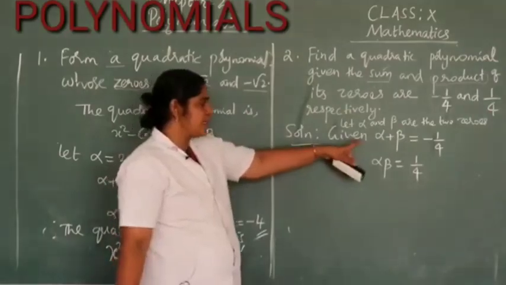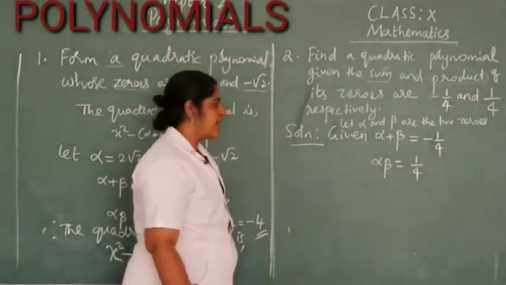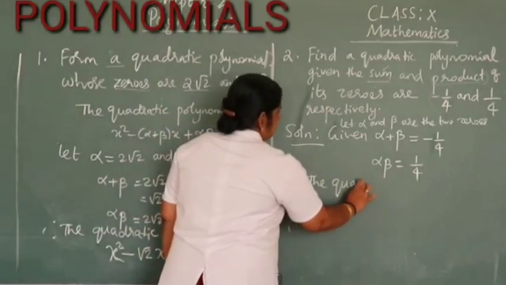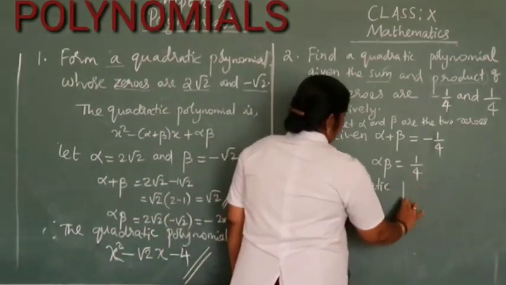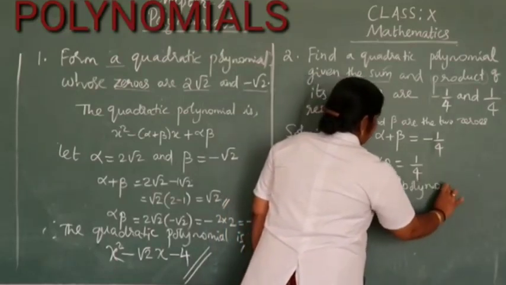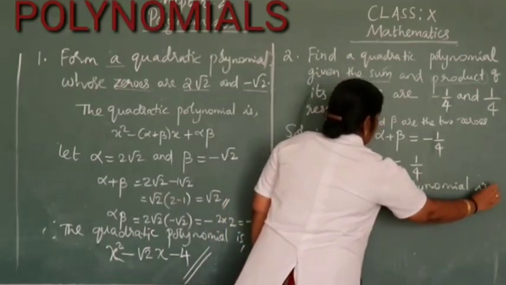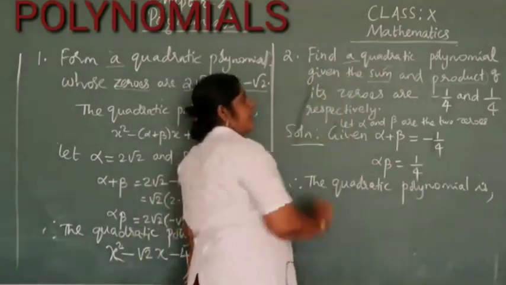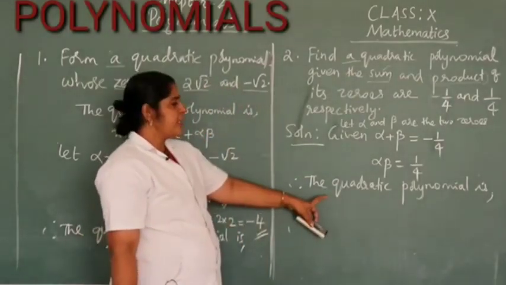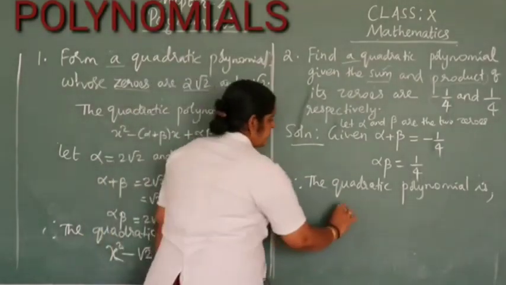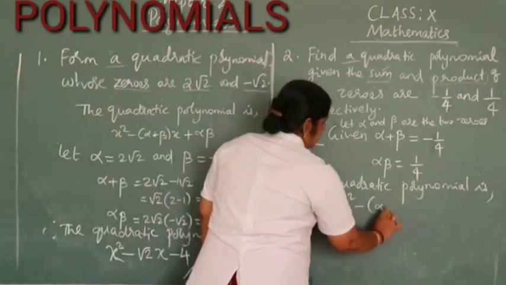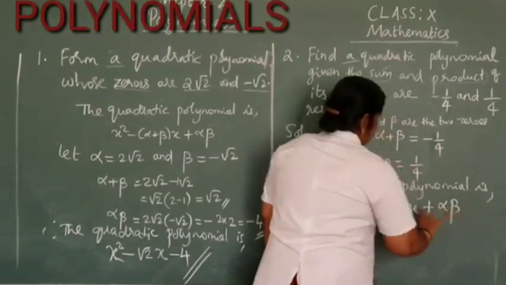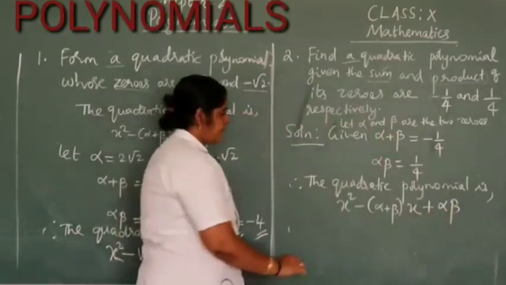Okay, so sum of the zeros given, product of the zeros given, so therefore what is the general form of the quadratic polynomial? The quadratic polynomial is, here also you see in the question, find a quadratic polynomial. So one quadratic polynomial, so no need of writing the k, you can just write the general form as x square minus alpha plus beta into x plus alpha beta. Now put the values here. This implies